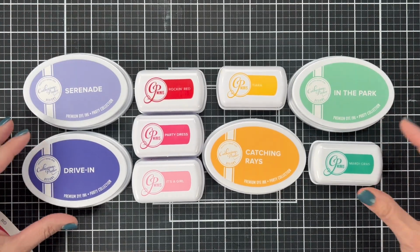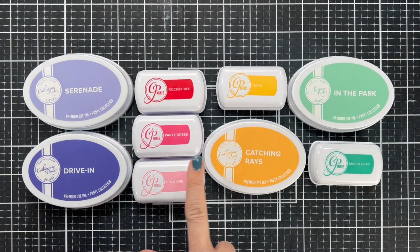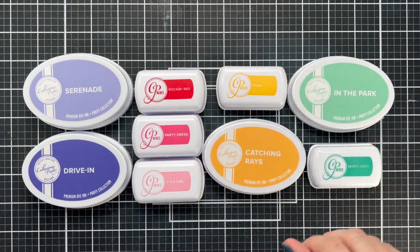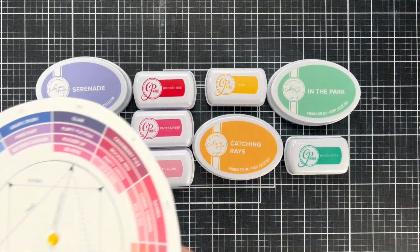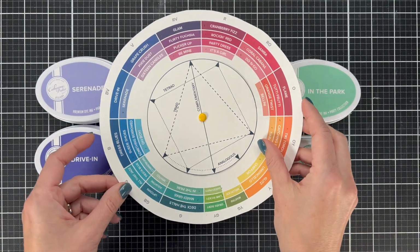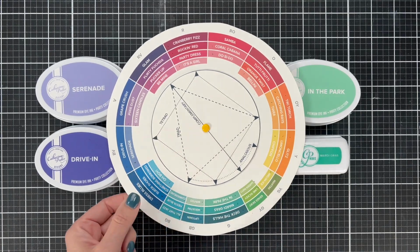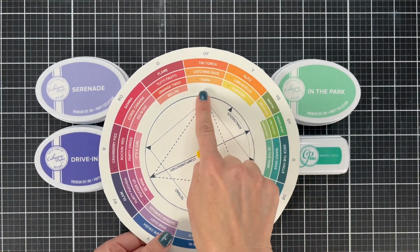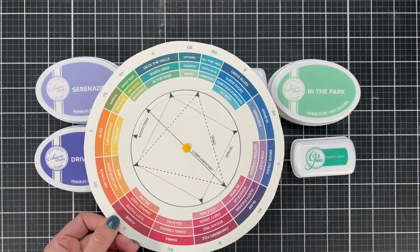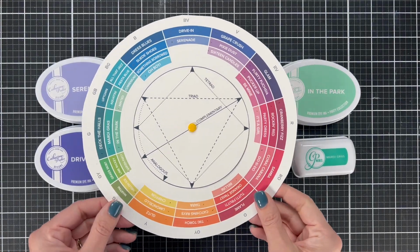Okay, so I changed my shot so you could see a little bit better, but the greens, we only need 2 of them, so we're using In the Park and Mardi Gras. And then we only need 2 of the blue violets, which are Serenade and Drive-In. So I know I've got a mixture of minis and regulars. They're all the same brand of ink, they're just different sizes. So we're doing, like I said, our reds, our blue violets, our orange yellows, and then the 4th point is green. So we're going to put all these colors together, and I'm going to show you how outstanding this card